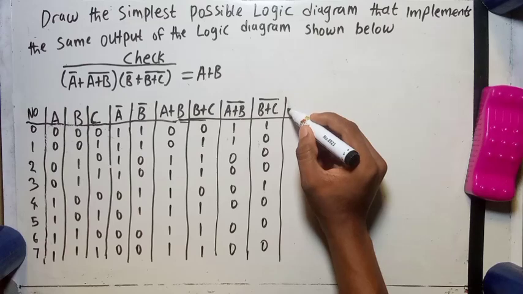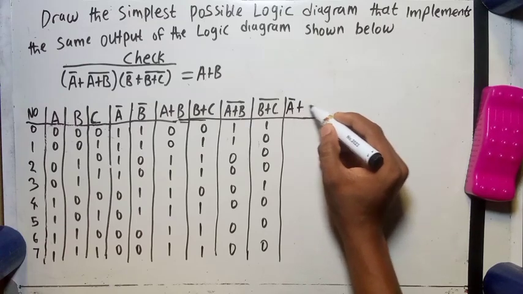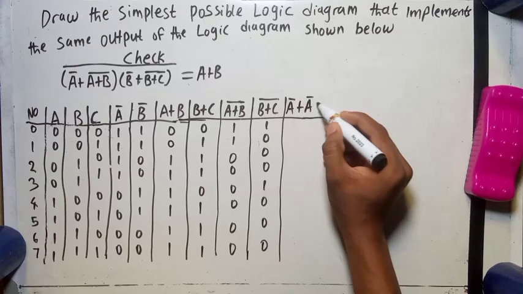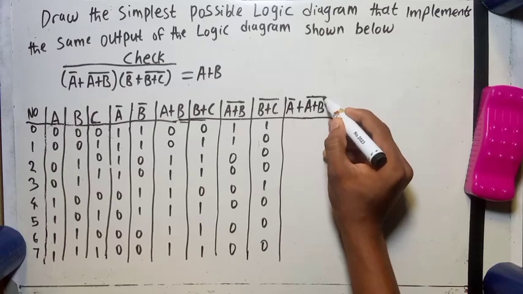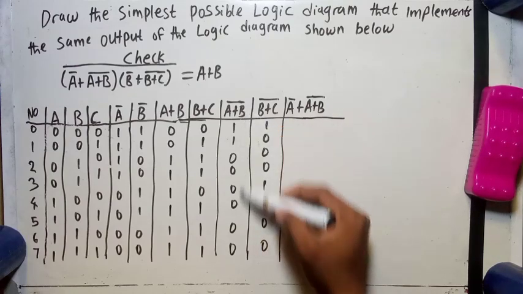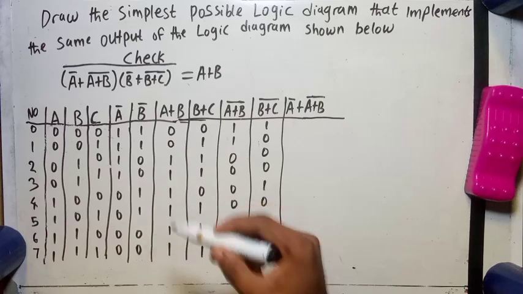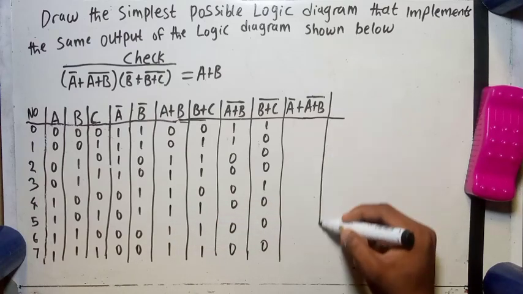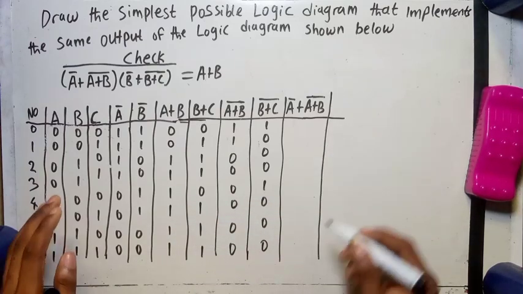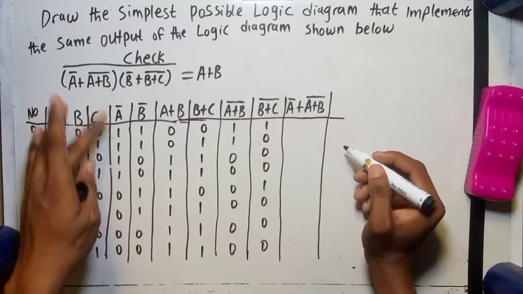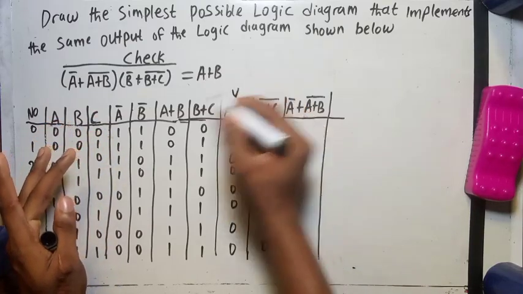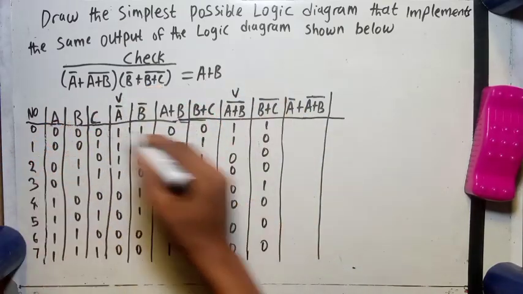We'll be having what? A bar plus what? A bar, A plus B or bar. This is our A plus B or bar, and this is our A bar here. So our aim is to what? Add the two of them. So when we do that, this is our A bar, and this is where our interest is in these two